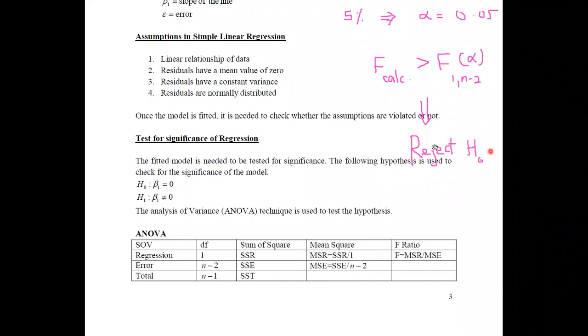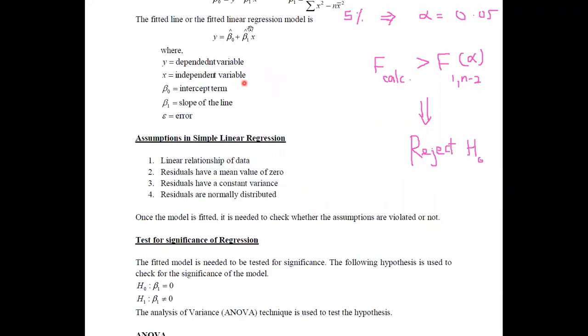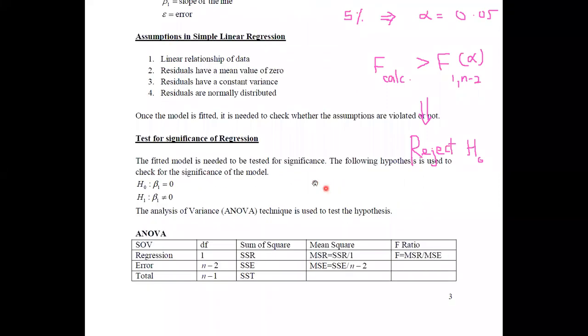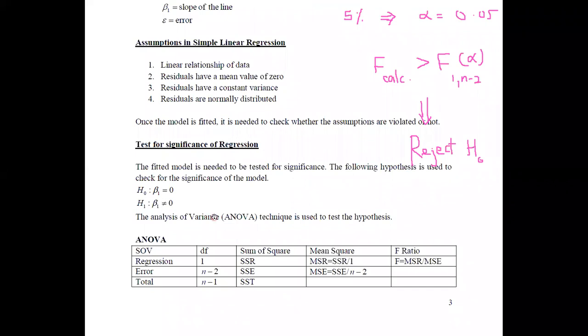You can identify a significant relationship. But what will happen if we fail to reject H naught? If we fail to reject H naught, then we can say that beta 1 equals 0. It means that since beta 1 becomes 0, this term, beta 1 times x, becomes 0. Therefore, there is just a constant. There is no relationship between y and x here. Y behaves independently, with just the value beta naught. Those are the decisions that we can make upon this hypothesis testing for significance of regression.